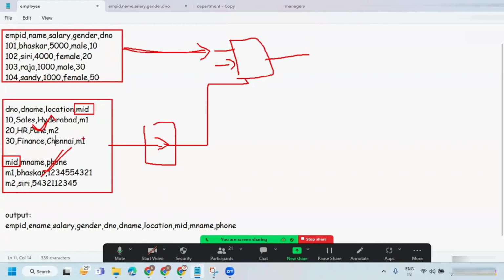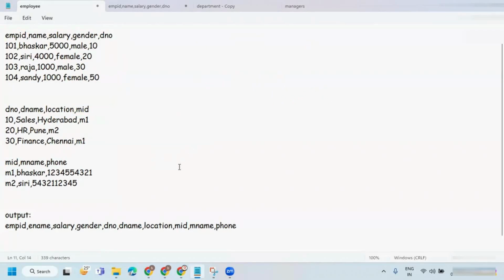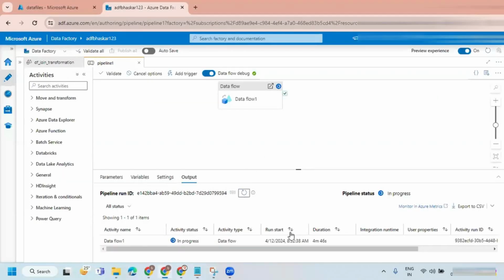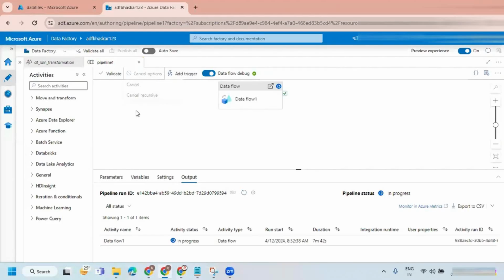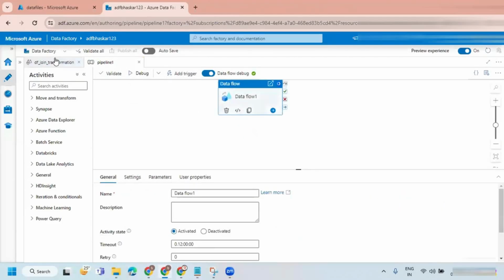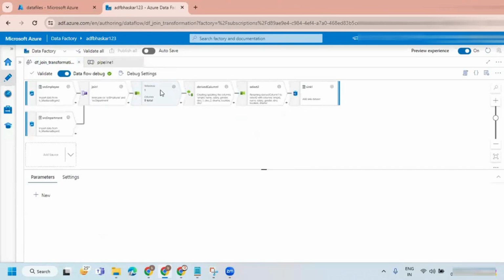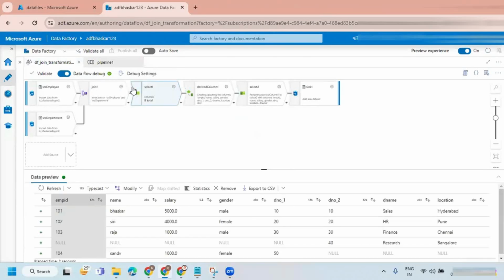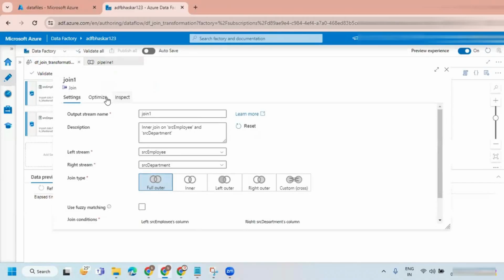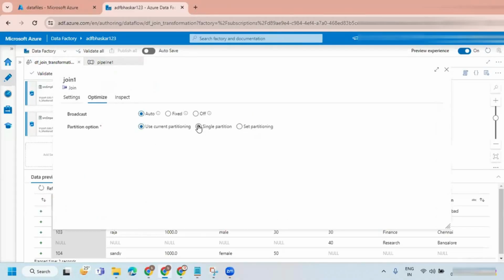Since we have three tables here, we are going to get two joins. Oh my god, why is it still going on? 7 minutes. Something weird. I'll take a single partition here.